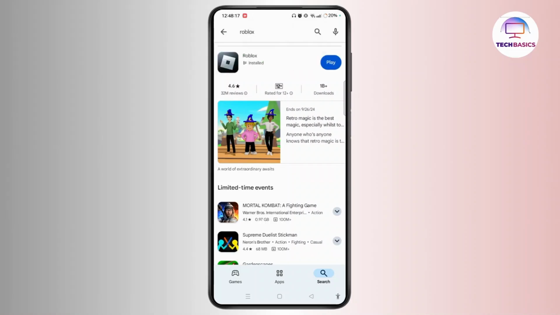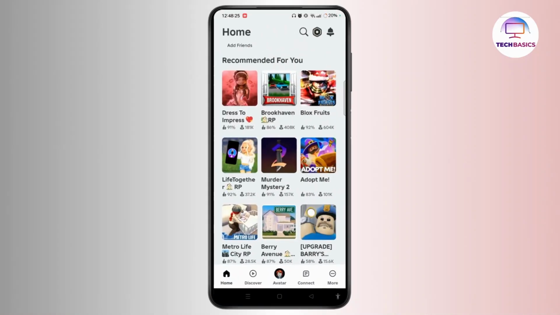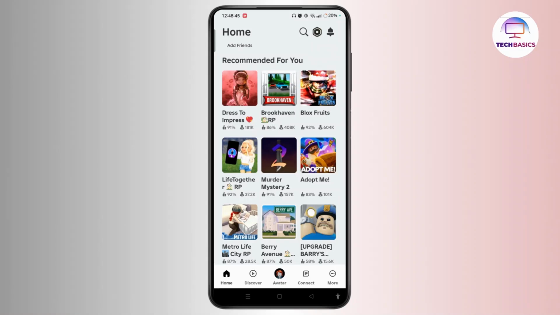First of all, hop into the Roblox application. Before that, make sure to install the application. Tap play button and you will land on the official homepage of Roblox. Make sure to sign into your account. And here, under the recommended for you page, you can easily select the people that you want to follow on